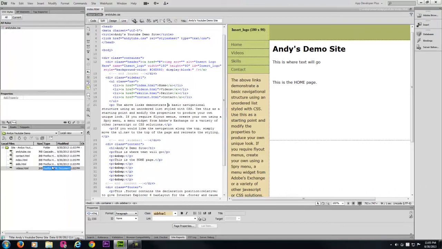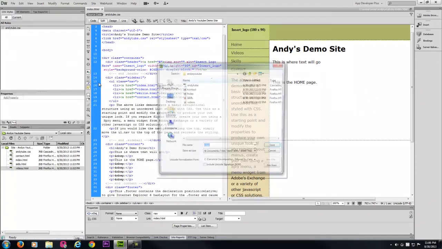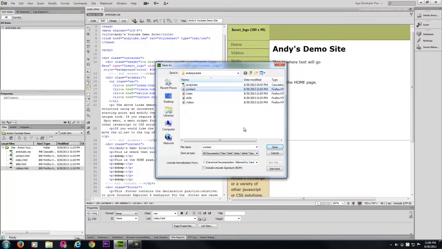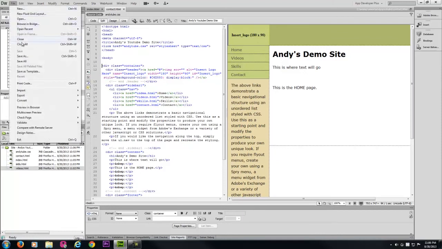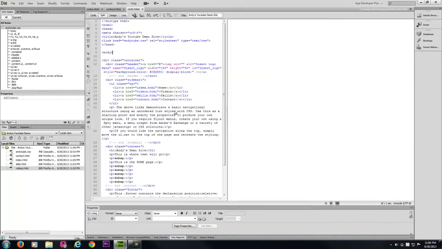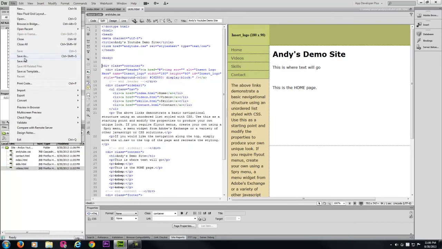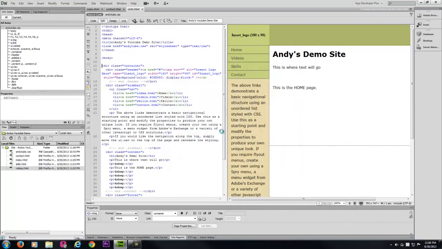Because I have not updated the other pages yet. So I need to File, Save As, and just overwrite each one of them. Save as. Each time it asks you, do you want to overwrite? Make sure you say yes. Okay, so since I've saved it as all these different files, what I've essentially done was now corrected all the